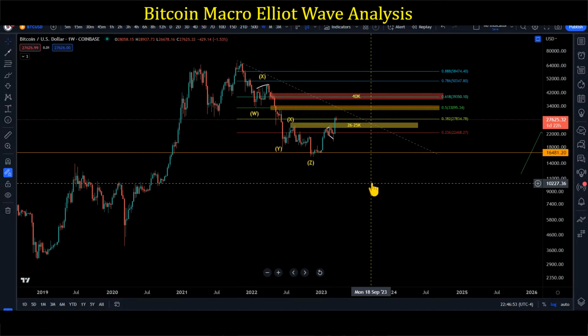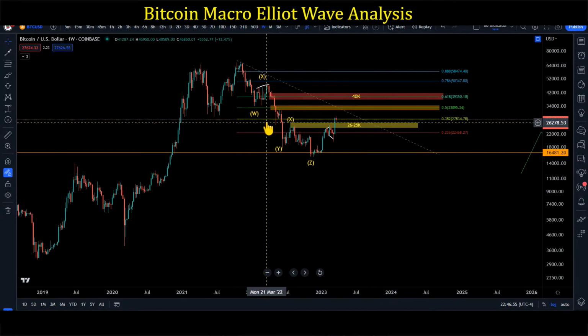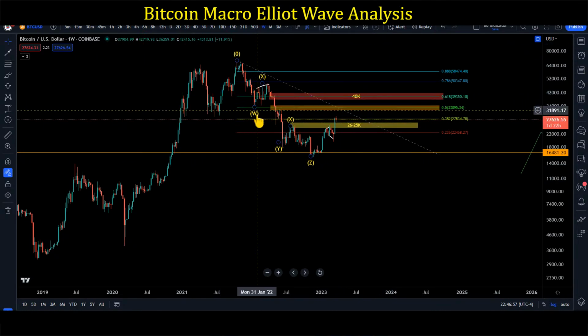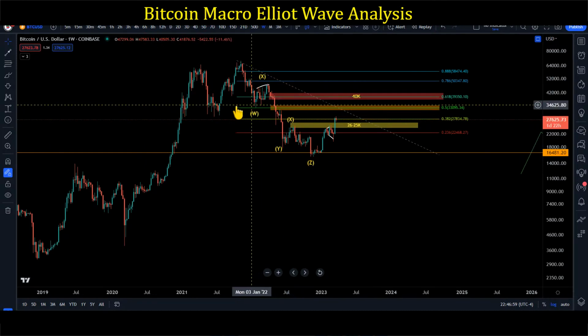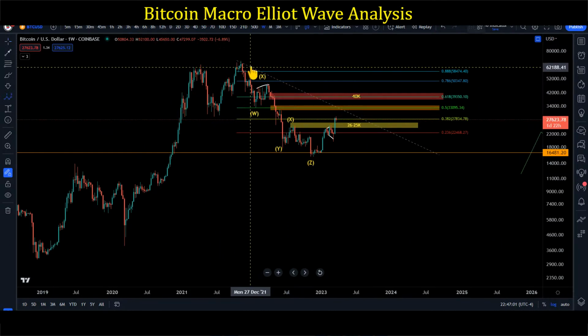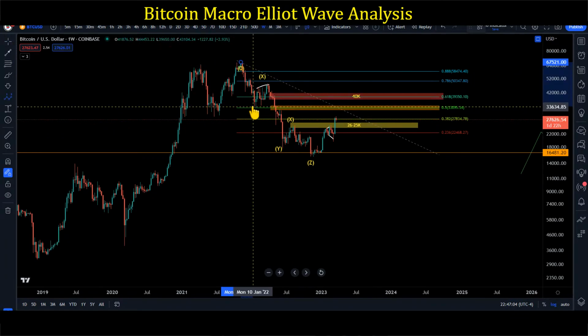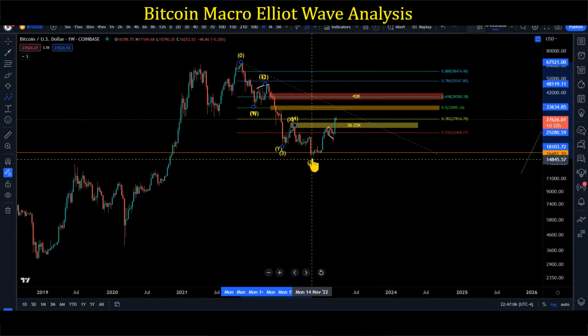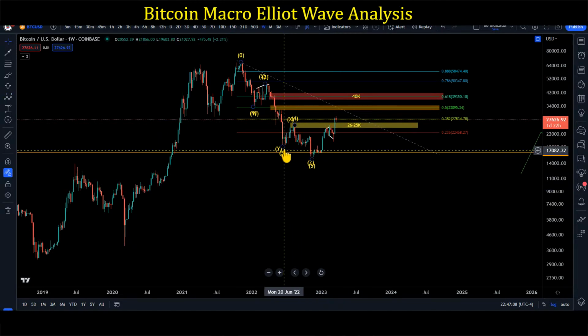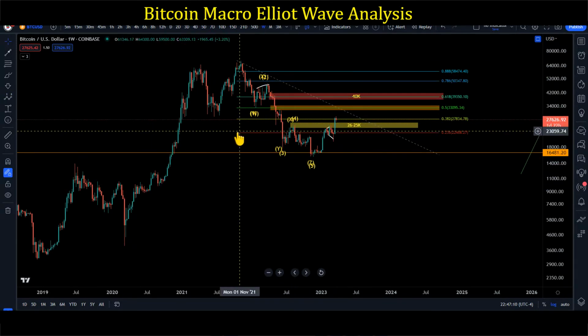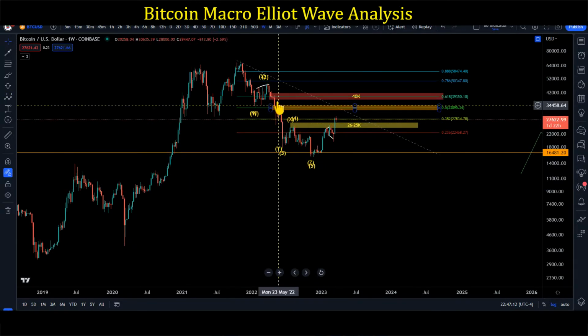Because it matters a lot whether you count 5 waves as W, X, Y, X, Z, or count 5 waves as 1, 2, 3, 4, 5. Since I counted it as a W, X, Y correction, it simply means